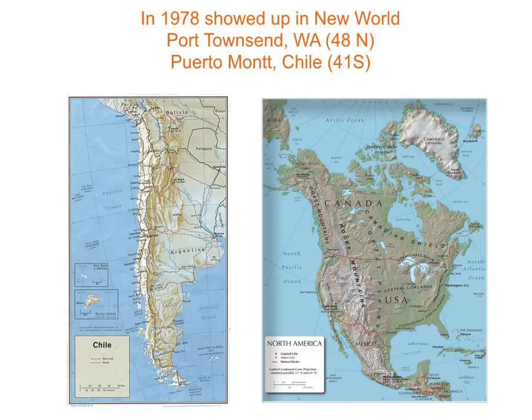You had them showing up in Port Townsend, Washington, which is kind of up here just across the bay from Seattle, and north a little bit. Again, what kind of environment is that? A wet environment. And then you had them showing up down here in Puerto Montt, which is a port town in Chile that I actually lived in for a little while, right at the southern part. This is sort of Chilean Patagonia, really wet environment, rain 10 months out of the year. Really similar to the environment here. You had Drosophila subobscura showing up there. The flies that did well in these wet environments had a bunch of inversions.